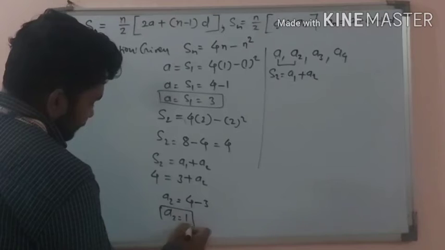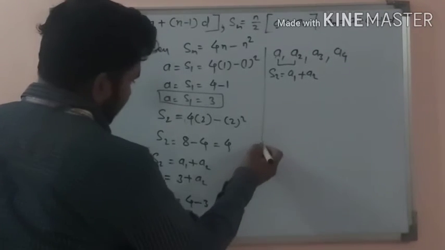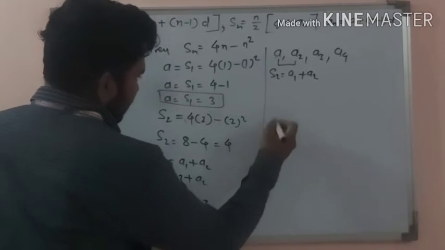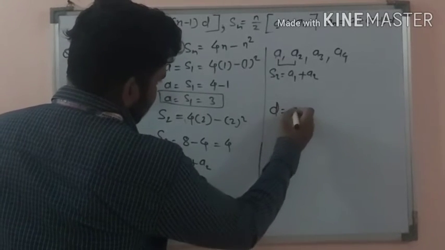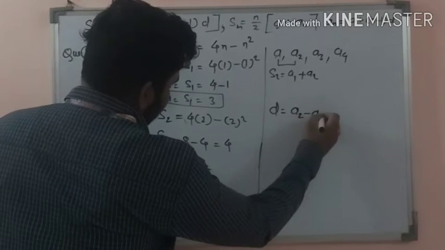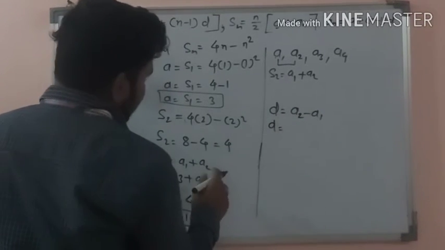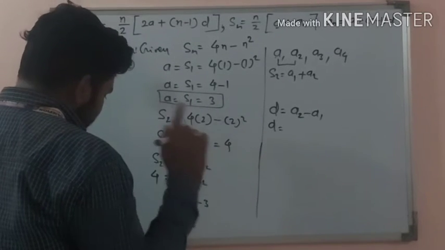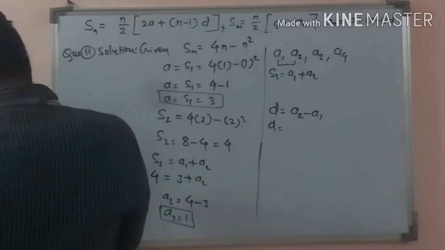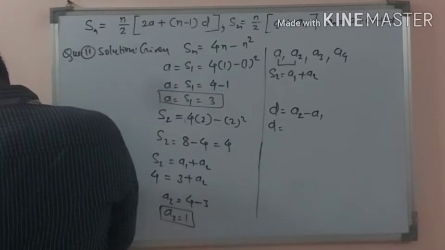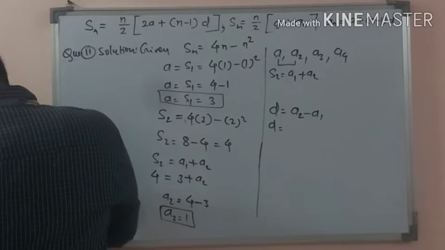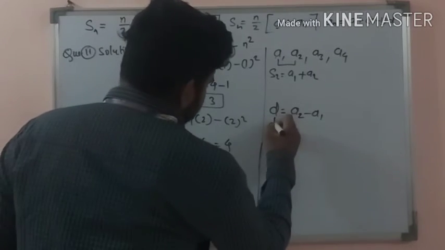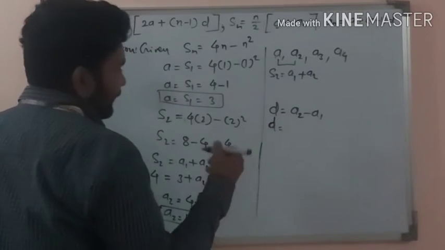Okay, so now find out D from here. How do we find out D? D is found through A2 minus A1. Why am I saying D? Because we need to find the nth term, the third term, and another term, which is the 10th term. If D and A are known, we can find any term from there.